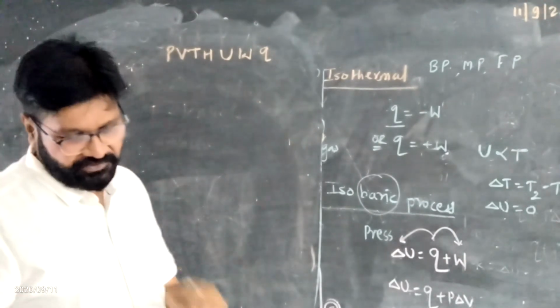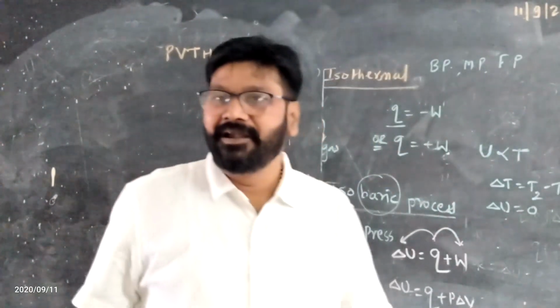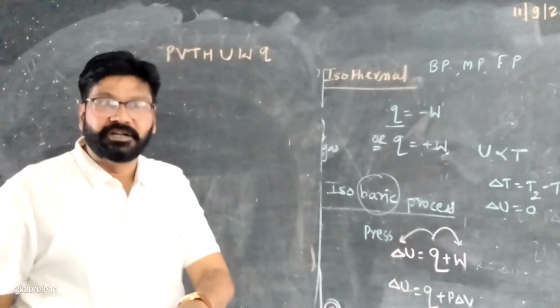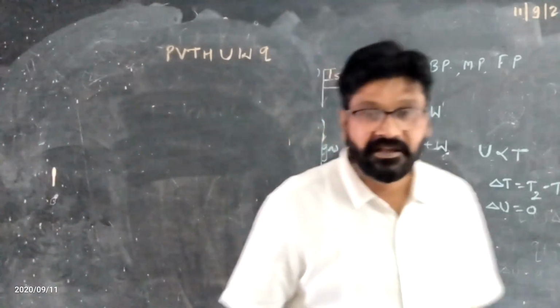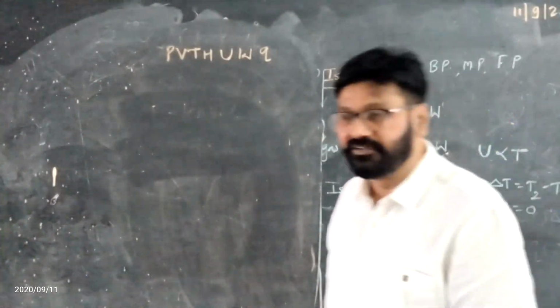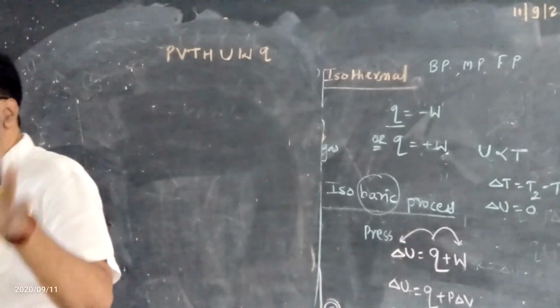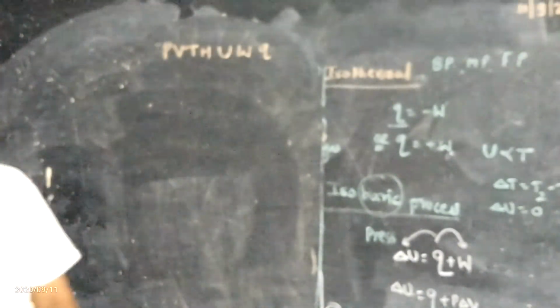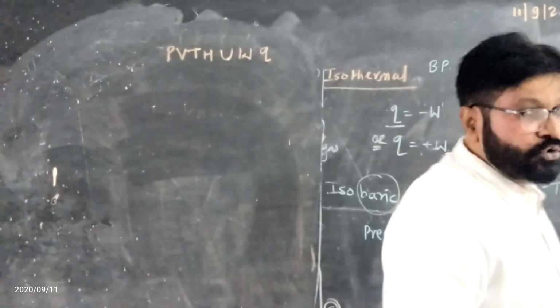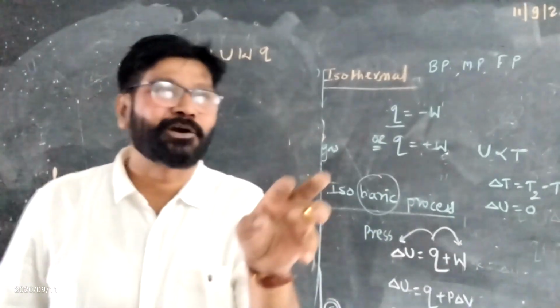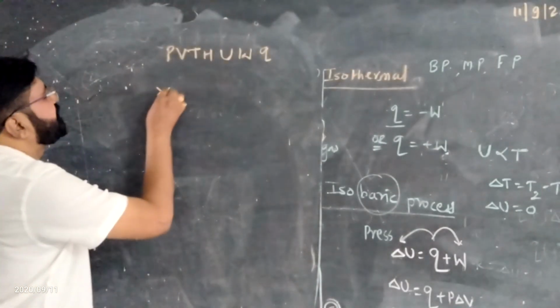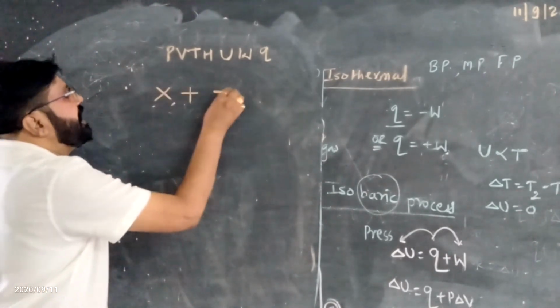This is the simple definition, but for MCQs we can identify easily which of the following properties is an intensive property and which is an extensive property. Now according to mathematics, consider the four basic signs: multiplication, addition, subtraction and division. Out of these signs, if three signs are used to calculate the macroscopic properties, that is multiplication, addition and subtraction,